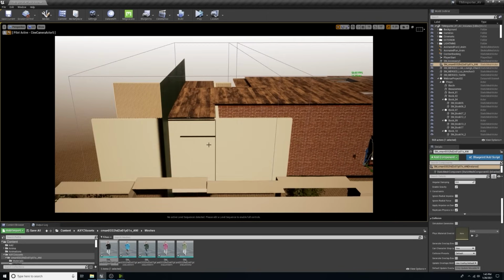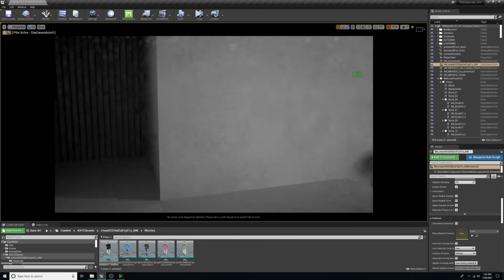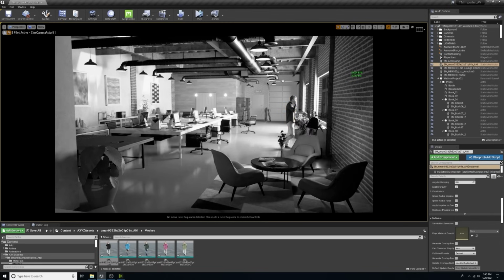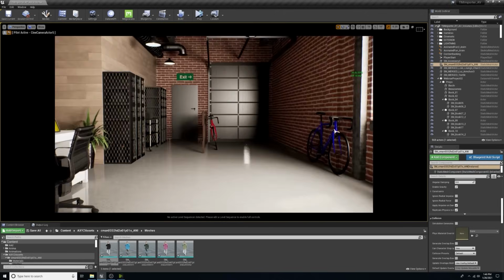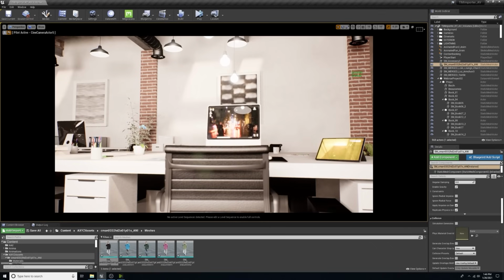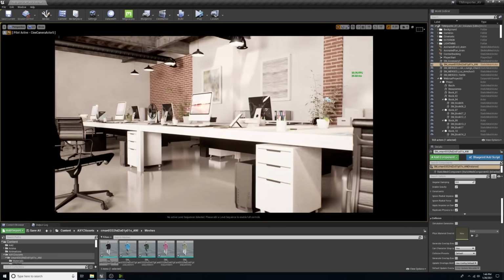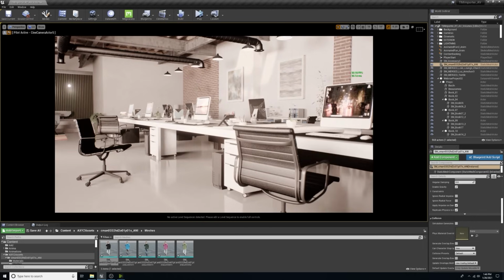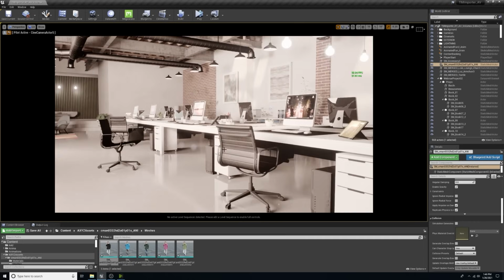And I'll zoom in here and you'll see that the black and white aesthetic now is occupying the camera, the space. I'm going to hit G to hide those camera elements. And as I go in through this space, you'll see that it's switching up the visual styles. So you could create post-process materials as well that could give you a toon effect. There's a lot of different variety and options out there that you'll be able to really edit the visual style that you want and need.